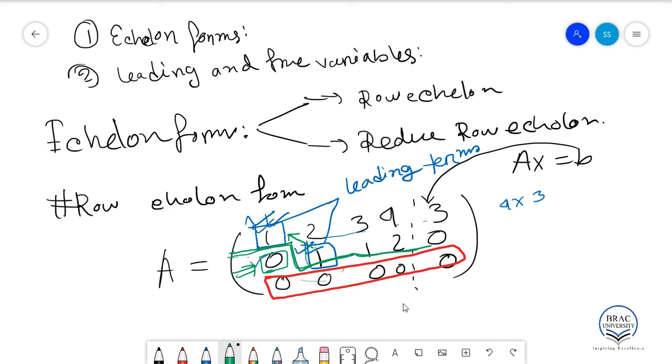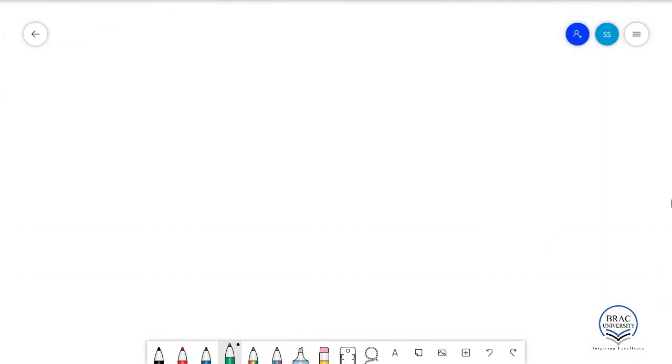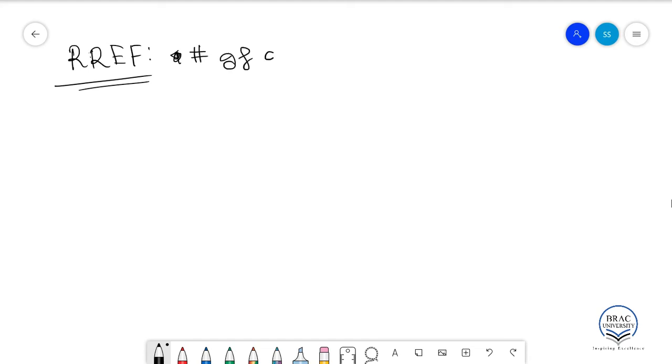And now we would like to talk about reduced row echelon form. That is, we are reducing the row echelon form again. And to make a matrix a reduced row echelon form, in short we are calling it RREF, we apply another condition. Let's take it as hash, and this condition is that if a column contains a leading one,